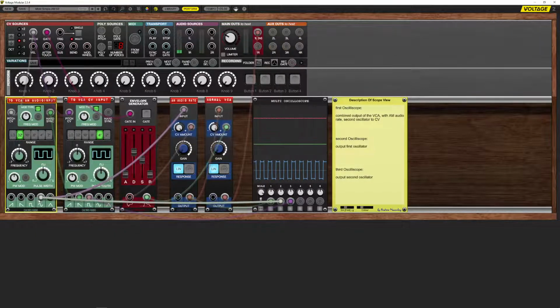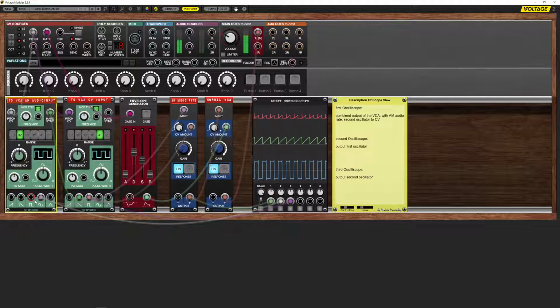And now 2 sine waves. What will happen? That are not 2 sine waves, but